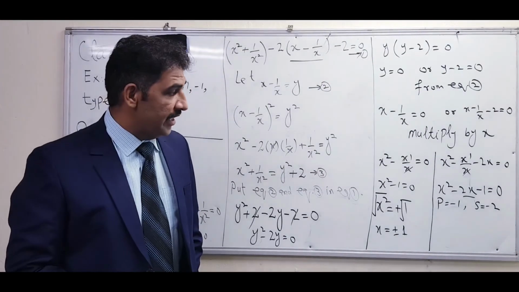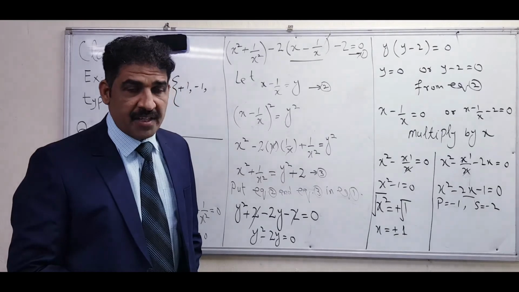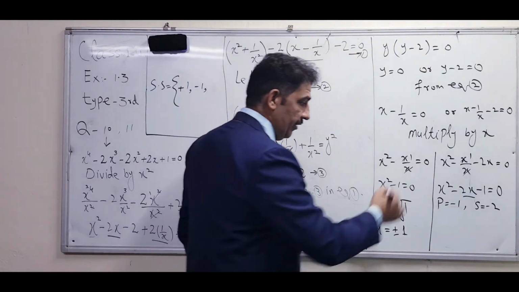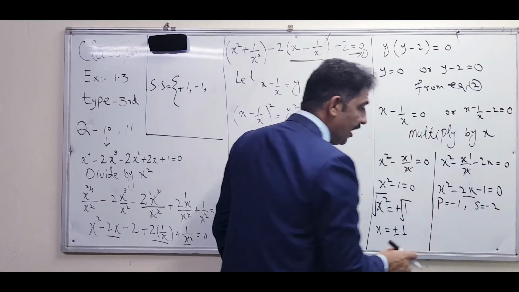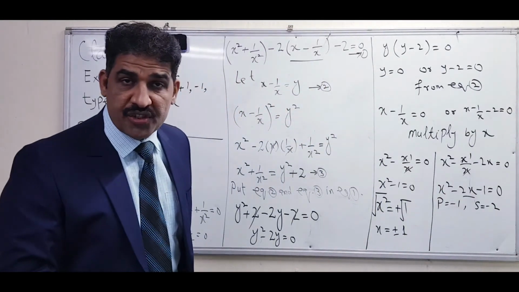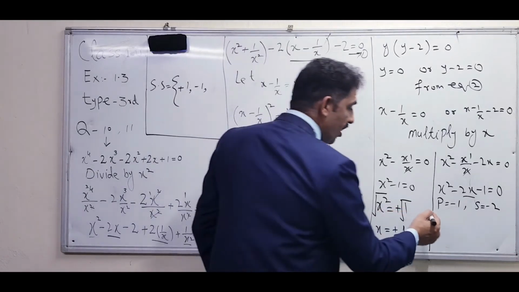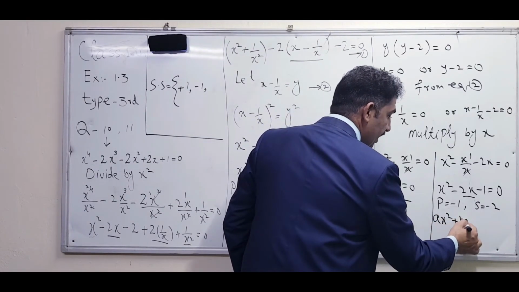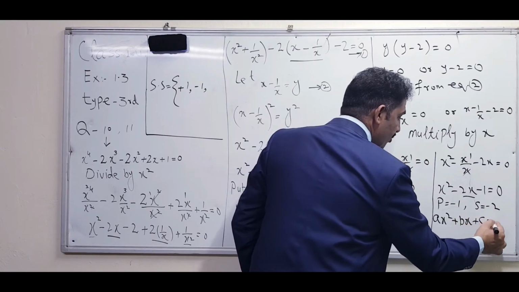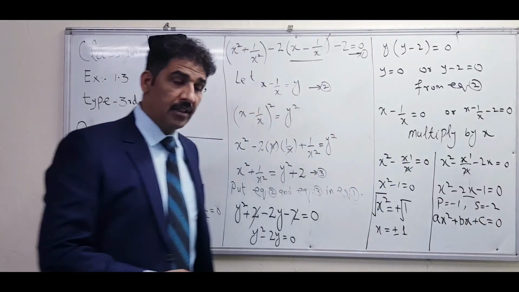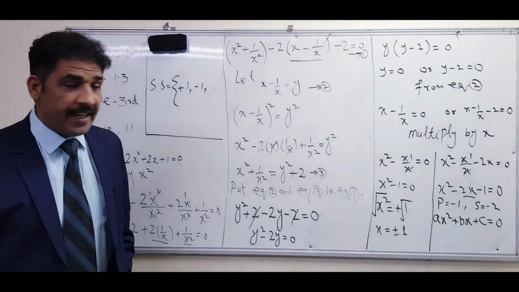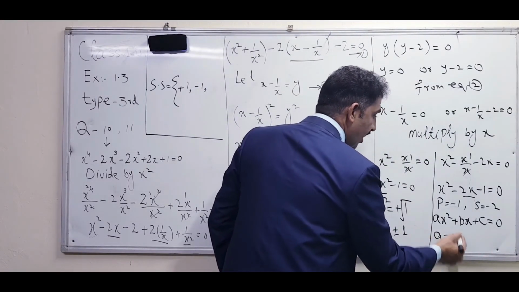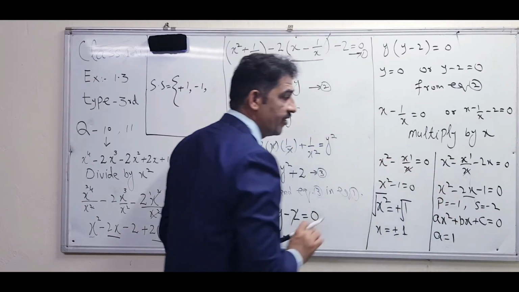So a little bit I will help you to solve with the quadratic formula. I will give you the values of a, b and c. After that you will put them in the quadratic formula and then give me the answer. So what is the value of a? We have to compare with the general quadratic equation: ax square plus bx plus c equal to 0. Good. The value of a is equal to 1, because here the coefficient of x square is equal to 1.